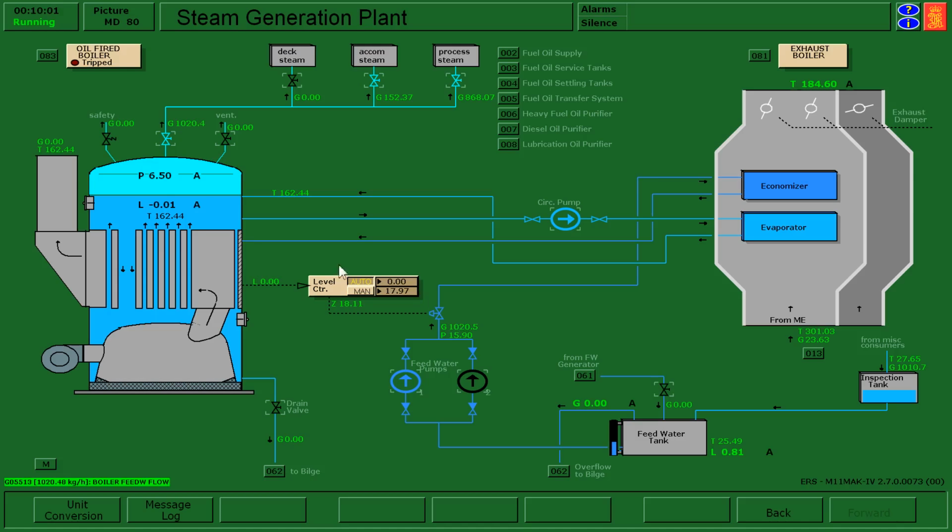So one of the goals that we're going to work towards over the next few weeks in this course is getting the boiler up and running. In order for us to operate the boiler safely, what we need to be able to do is control level as well as some other things in the boiler. So if we are to address level control, in order to be able to do that, what we have to do is